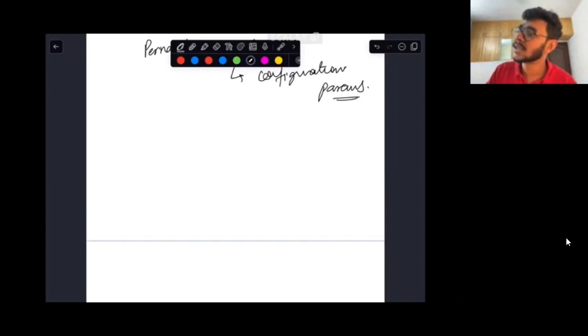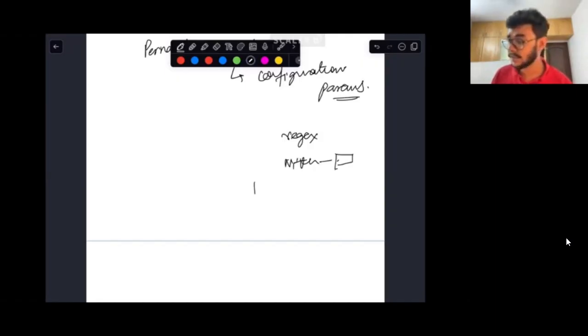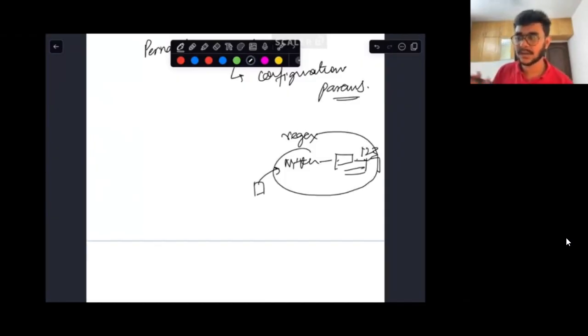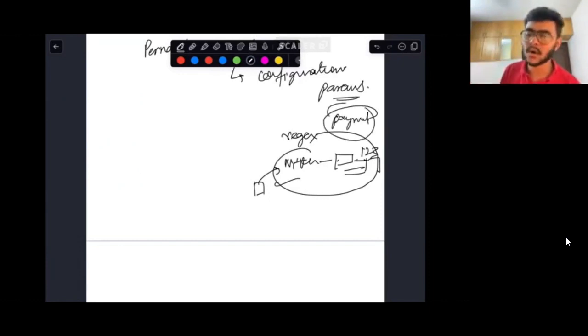Topic name, see, if you have some regex in your topic name. Some Kafka topics we end up defining have a pattern, so let's say I just type my own name, and then there is some sort of pattern you are getting from the event that you're delivering, and then you're having some suffix to it, let's say 1 2 3. In that case, your topic name is not constant. The number of topics can keep changing dynamically. If something can keep changing dynamically, then you cannot call it a config parameter. But if you have a Kafka topic which has a static name, let's say the topic name is payments, then yes, you can definitely call it a config parameter.